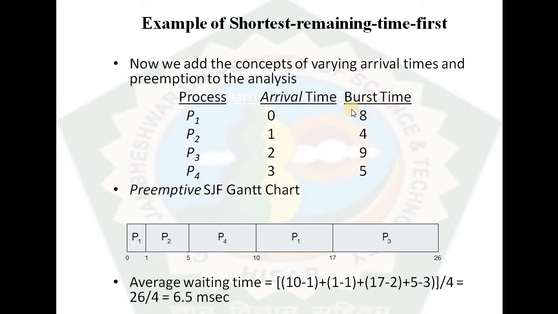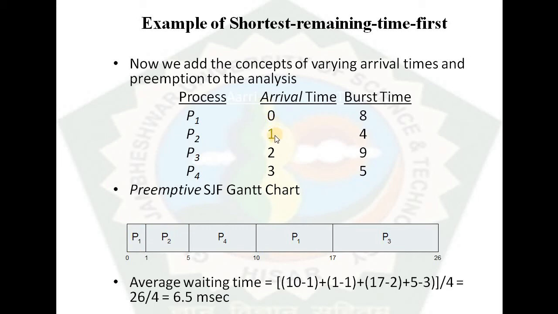their respective CPU burst times are calculated based on some predictions by the operating system. This is the preemptive type of shortest job first scheduling, and here is the Gantt chart for the same. As in the example, at time 0, there is only one process in the ready queue, so we need not run any algorithm. Only one process is available. CPU has to be allocated to this process irrespective of its burst time. So the CPU is allocated to the process P1.